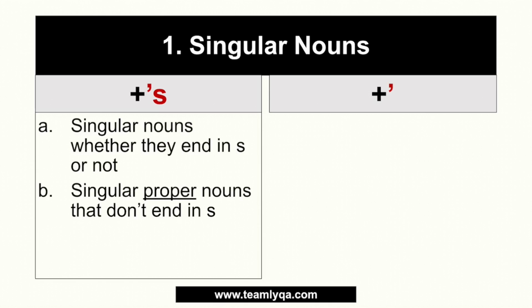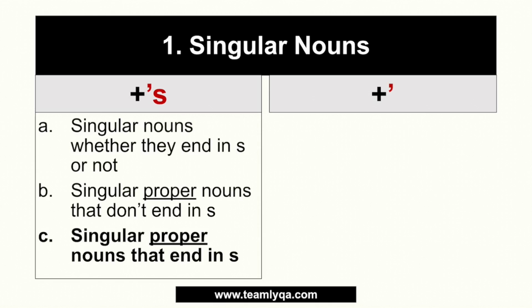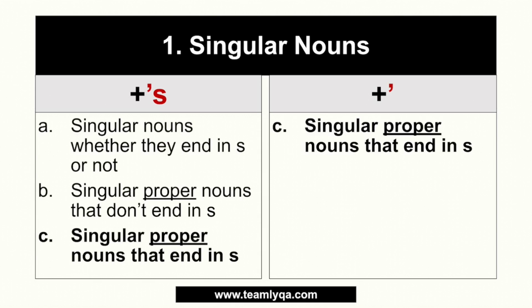Okay? Now, there's another rule, and ito yung medyo confusing at times. Kasi, yung singular proper nouns that end in S, pwede kang gumamit ng plus apostrophe S or plus apostrophe. Dito na papasok yun. Depende sa company or preference mo. Pero ang rule generally is, lalo na kung writer ka, mamimili ka ng anong mas preferred mo dyan and then be consistent with it. Pero kasi hindi naman writer lahat kayo, pero ano ang context ng exam kung magte-take ka